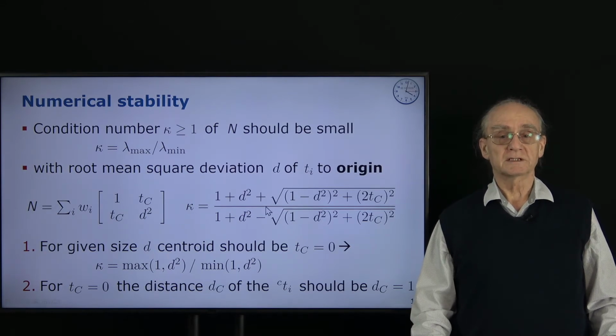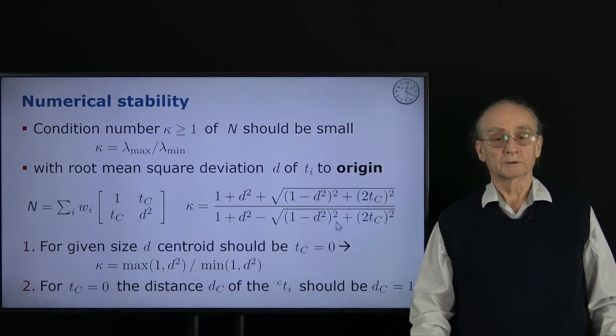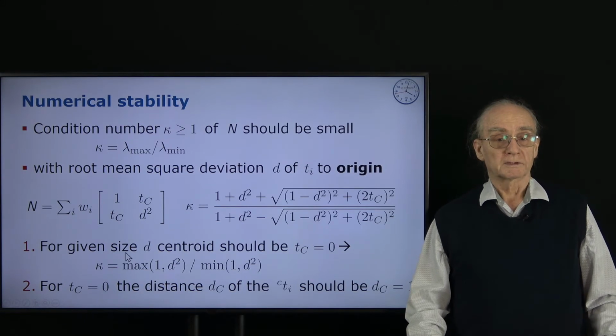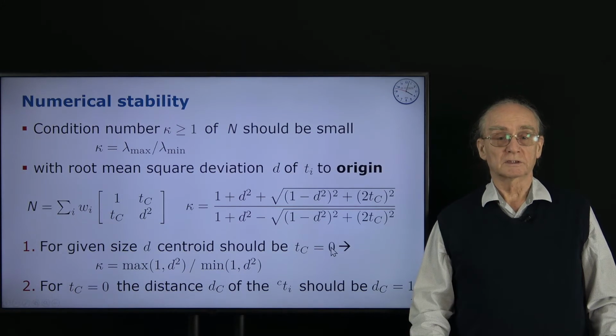So let's assume that d is fixed. Then if tc is a large number, then the numerator will be large and the denominator will be small because you have a minus sign here. So it would be good to choose t, the centroid, to be 0. Then this ratio will be smallest among all others which have the same d. So for the given d, the centroid should be tc,